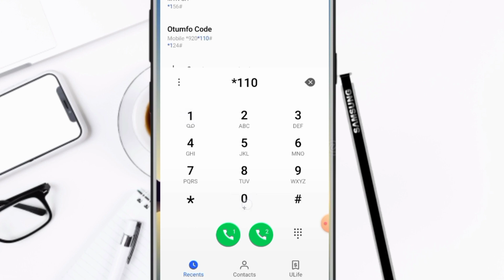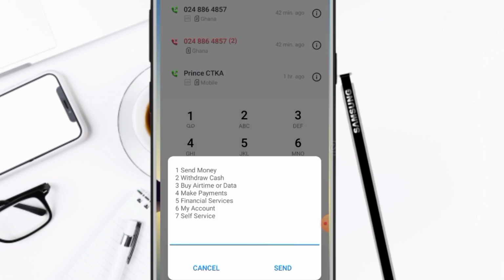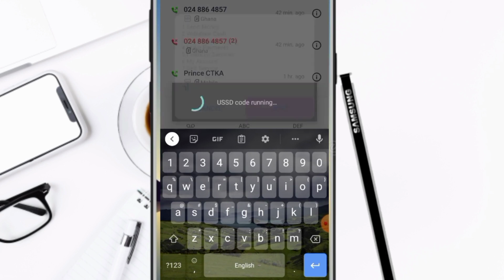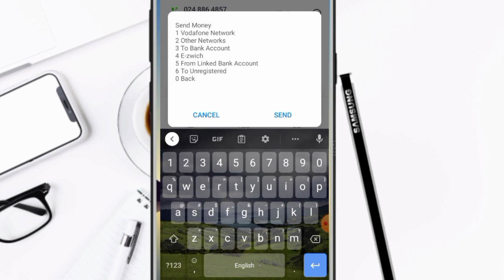So you just have to enter the code here, and then you go to 1, which is send money, and then you go to 2, other networks. There are so many options here: Vodafone network, other networks, to the bank, eSwish, and etc. But we are specifically looking at sending money to other networks. So we'll go for 2,